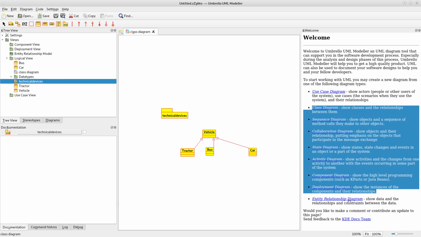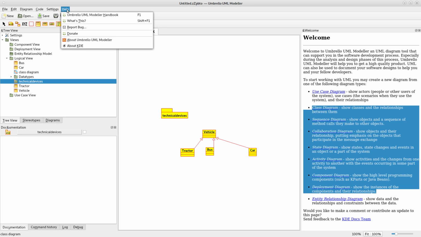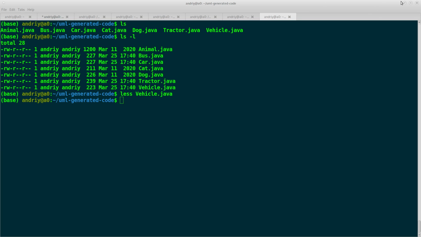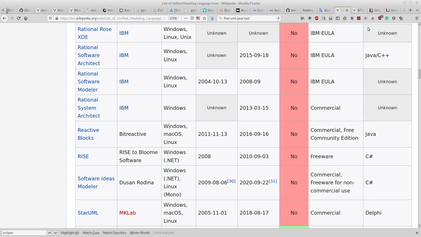This is about databases. But also this tool is free, and you can use it for your own purposes. So this was Umbrello, and also today we tried to draw